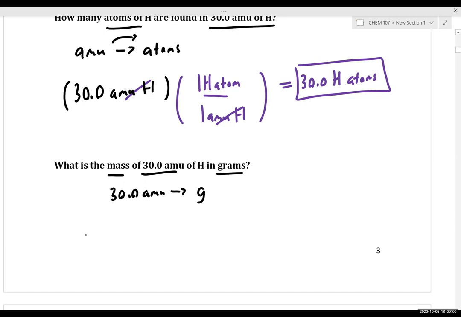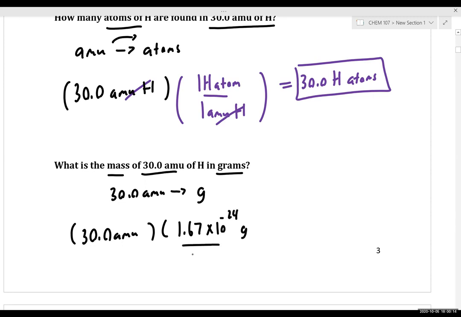Starting off, we have 30.0 AMUs, and we know that we have 1.67 times 10 to the negative 24th grams per every 1 AMU. So punching this into our calculator,